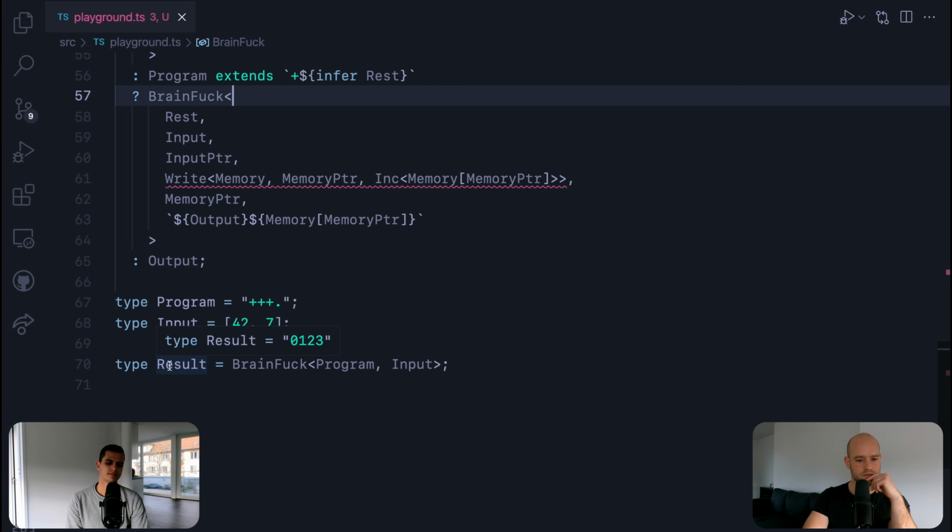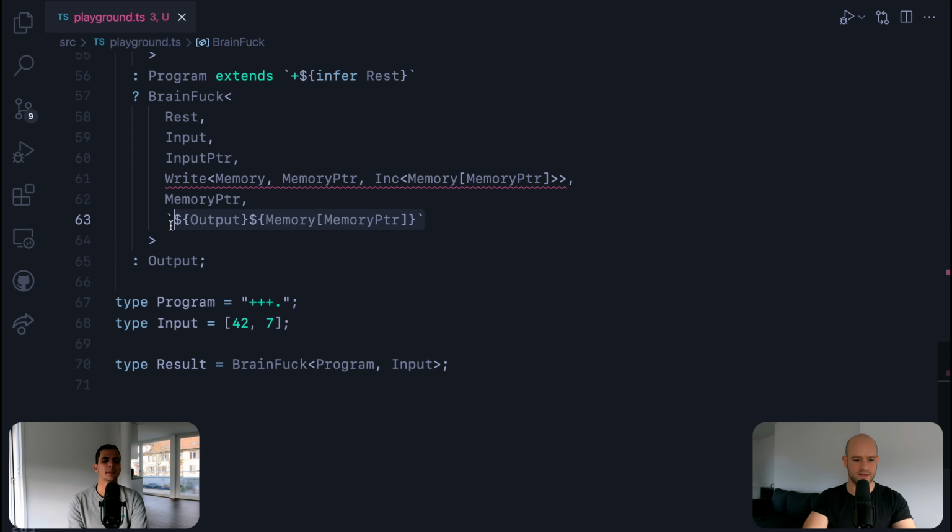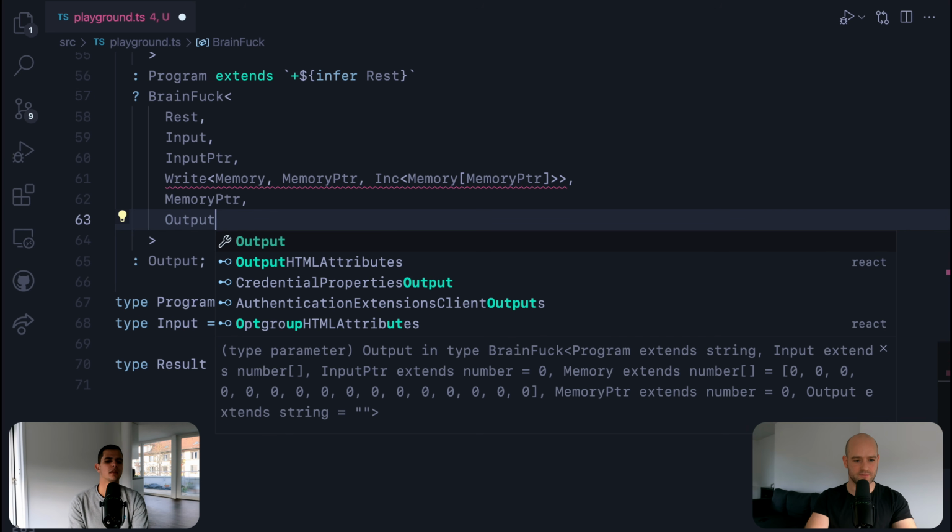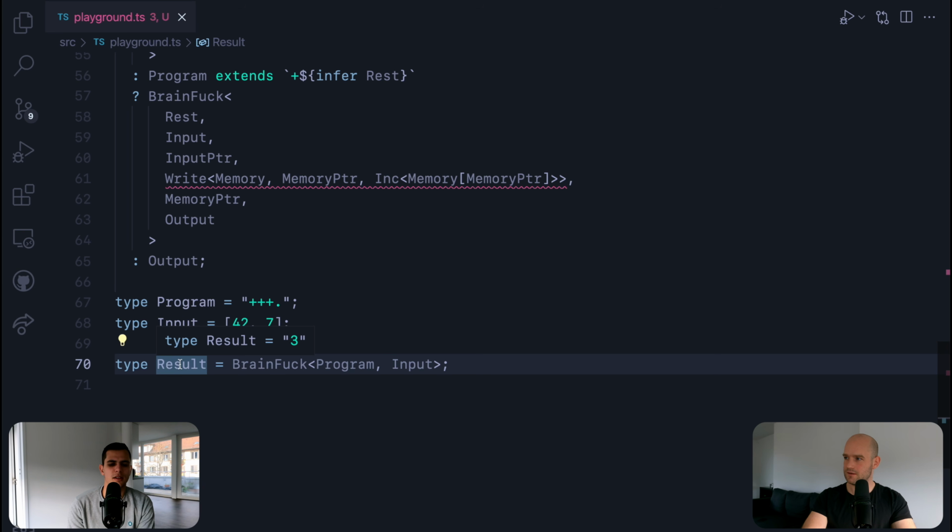It doesn't look good. Plus. Oh, and here I need to, the output isn't changed. That's why I think, yeah. So we did 3. Okay, makes sense.